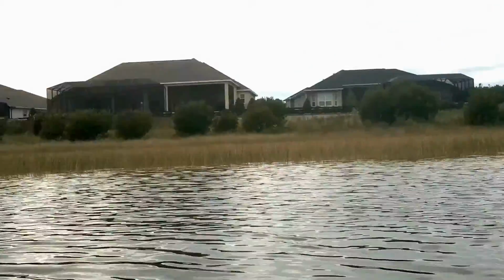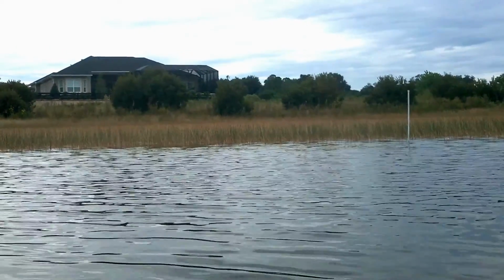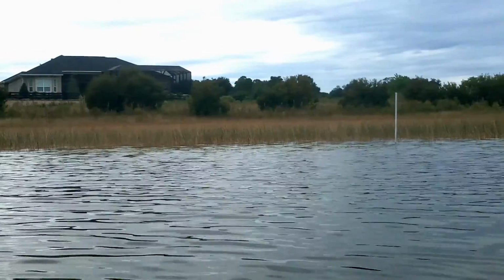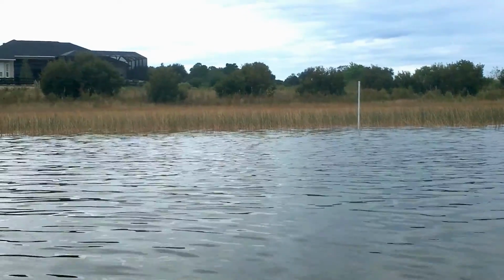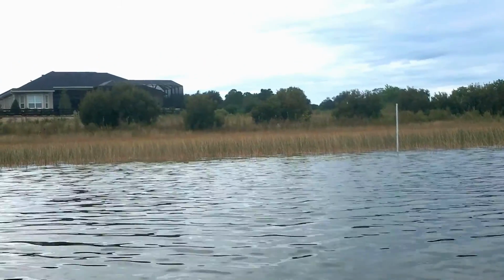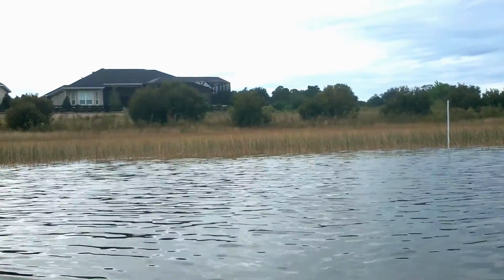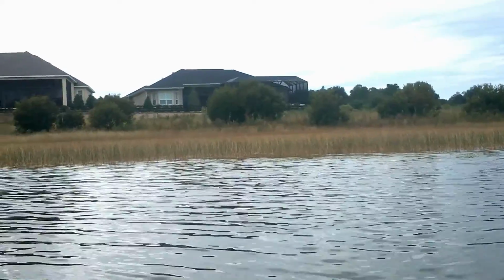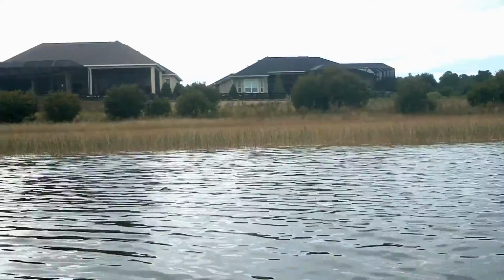Okay, it's 1:31. I'm up here in the southwest corner, just about to round the point. And there's the white pole that marks that. And I've not gotten a strike, not a strike. It's been a perfect day to fish, overcast, little wind. I've thrown everything in the right places. Thrown the toad, the swim jig, the wacky rigged